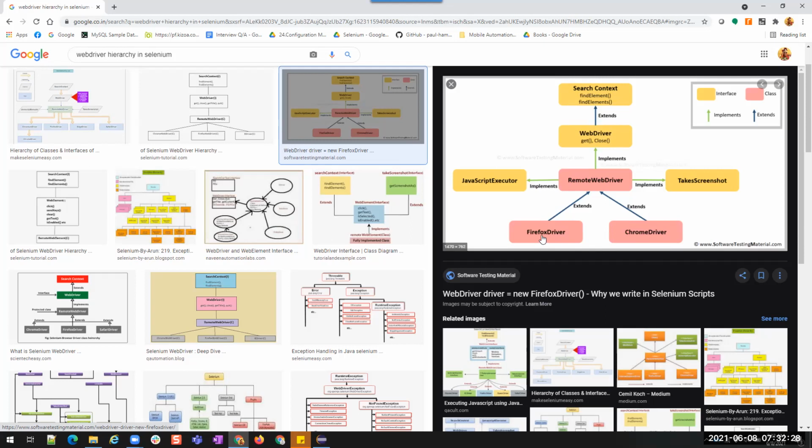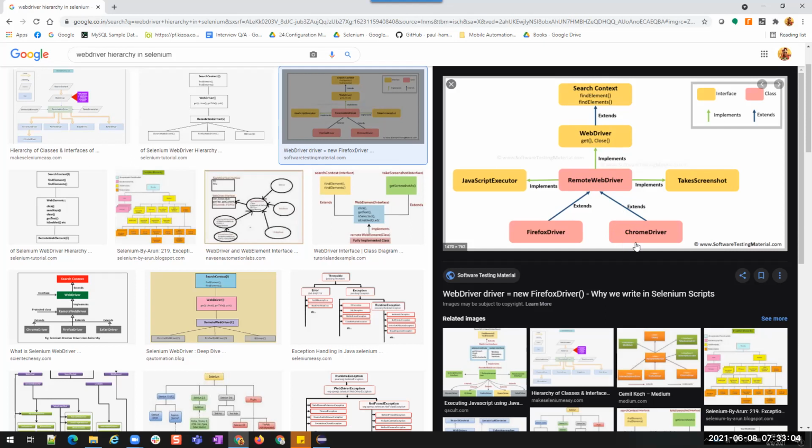Can I convert Firefox type of driver to WebDriver? We can, right? We saw the sessions about inheritance, polymorphism. We are creating an object for child class and converting it to parent type. Overriding, method overriding. Did you see that? We created an object for child class and converted it to parent type. These are all the parents, so I can convert this child class to any of these parents.